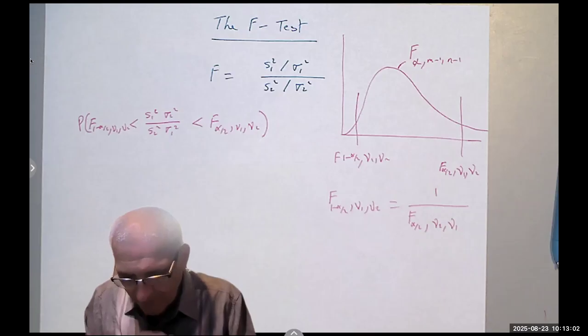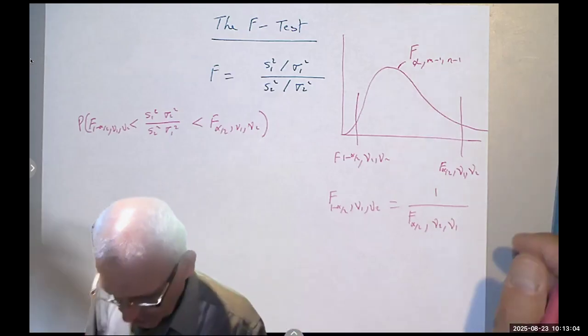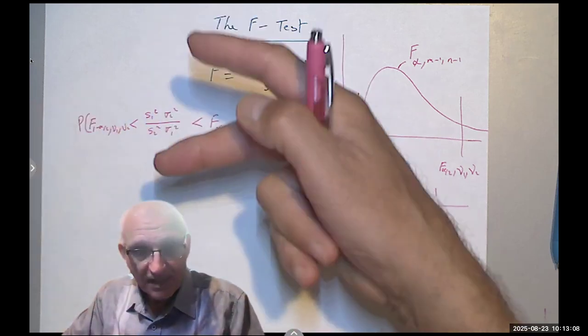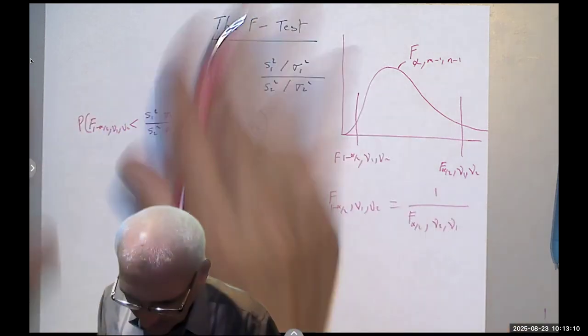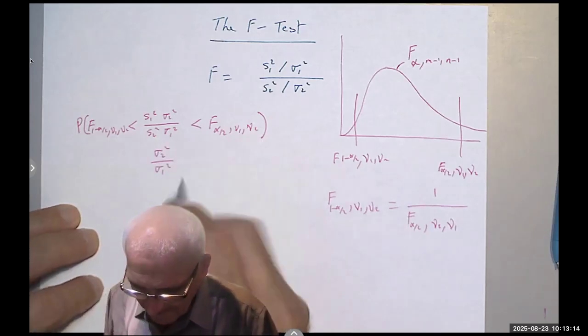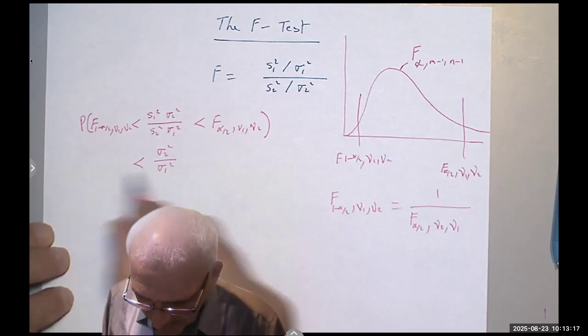And if I want to do the reciprocal, let's put it sigma 2 square over sigma 1 square would be greater than